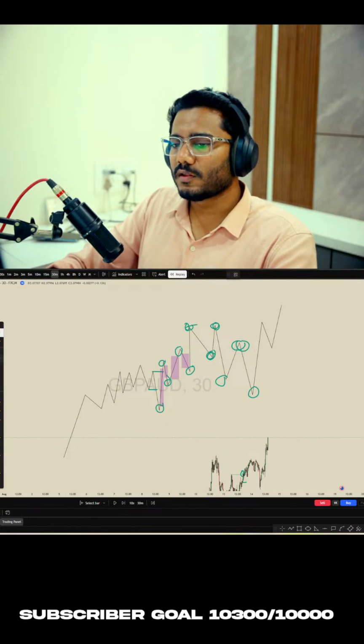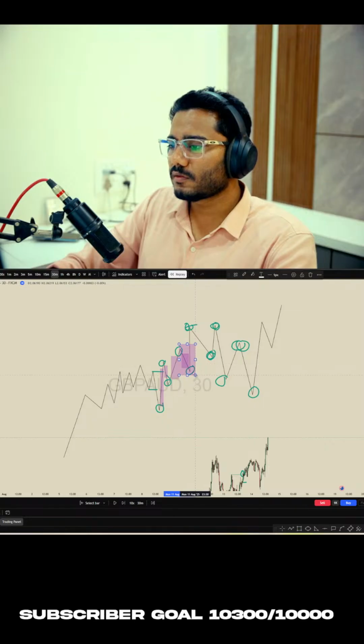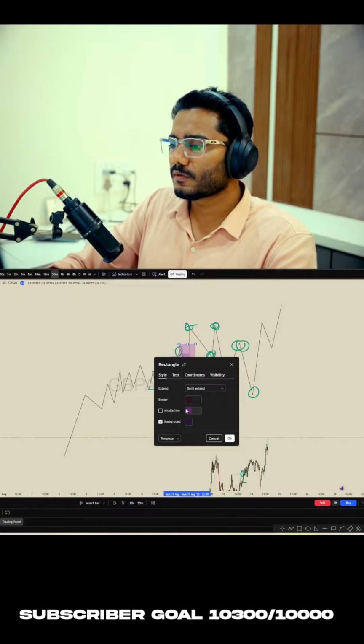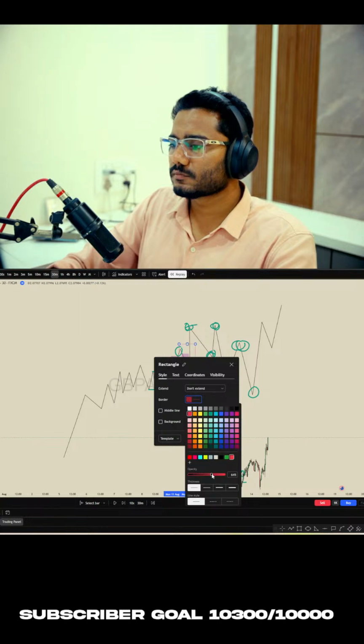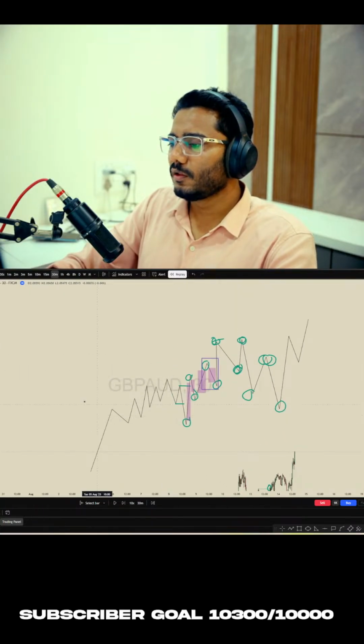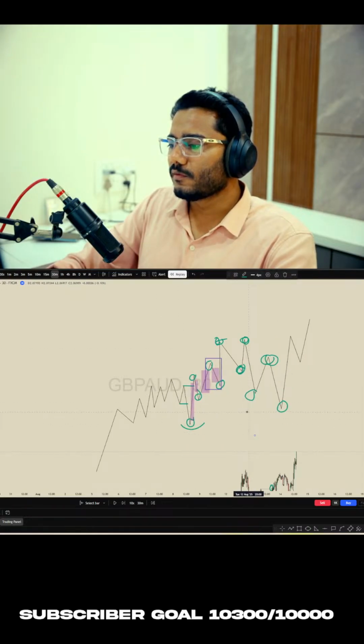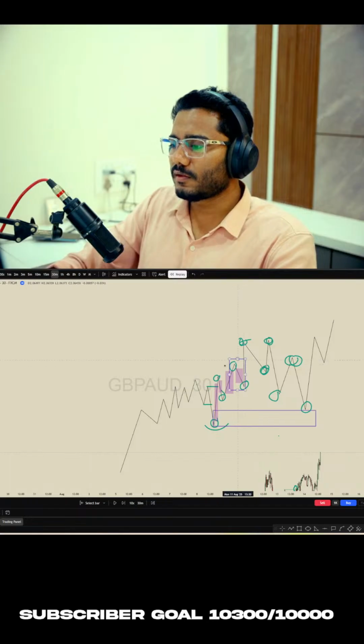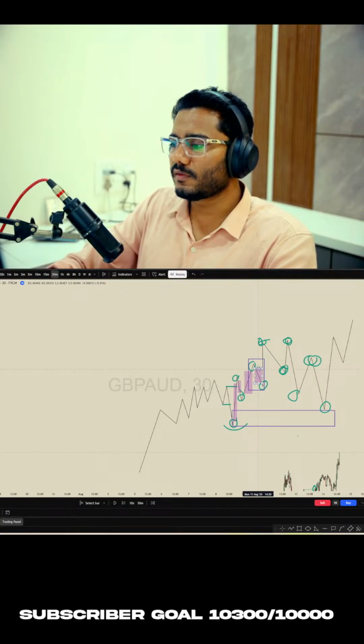So let's zoom in on this move. So we know that price has created a strong low to the downside and it's going to the upside. The structure is not clear. We know price can eventually come to this order block, but right now it's going to the upside. So let's say this is on 4 hour. If you go to this area,